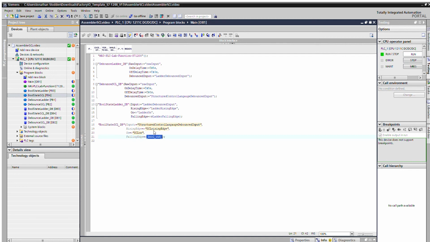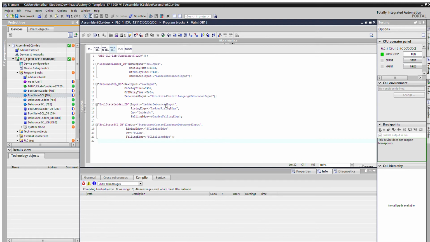Let's make a new tag for this too, SCL falling edge. Alright, compile that,